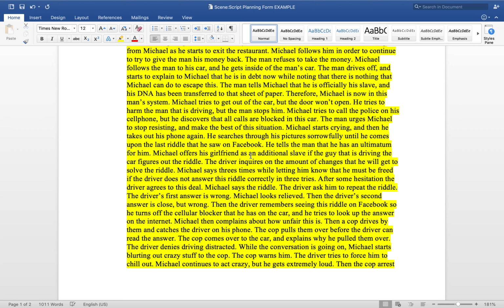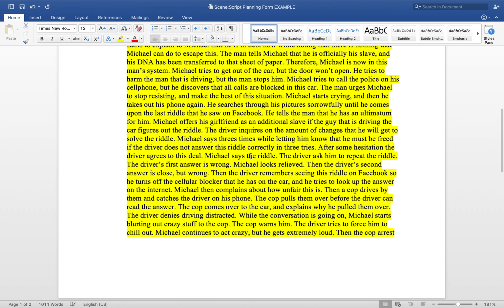And then from that point, he was looking at old pictures that he had in his phone and screenshots and everything. And he came upon this riddle from Facebook that was hard, maybe for him and his friends to answer. And so then he gave the driver an ultimatum. He said, "Well, I have this riddle. So if you answer this riddle correctly, then you can have not only me as a slave, but in addition to that